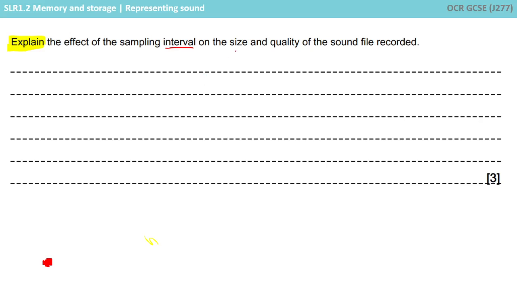Now, what a lot of people forget to do is read it properly, and they don't include both of these. It's worth 3 marks. So what I suggest you do is explain the impact of increasing the sampling rate and see what happens to the file size and why, and what happens to the quality and why. Okay. So what we can say here is,